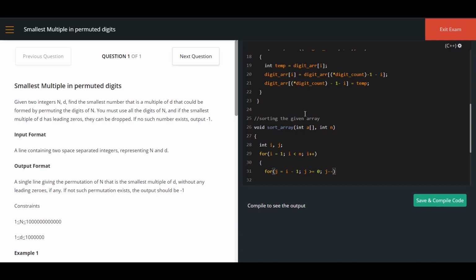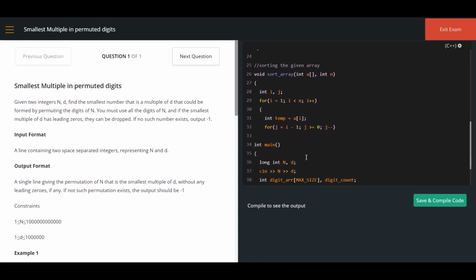And remember one thing, I am going to take the values from the array. So I will take one temporary variable and I am going to store the value of the first element in temp. And I am going to check one condition, which is nothing but if a of j is greater than temp. What is the meaning? a of j plus 1 is equal to a of j. I'm sorry, here instead of bubble sort, I'm going to use insertion sort.